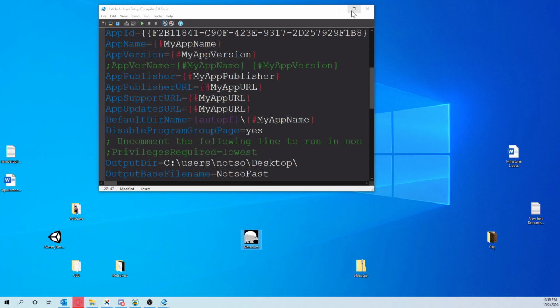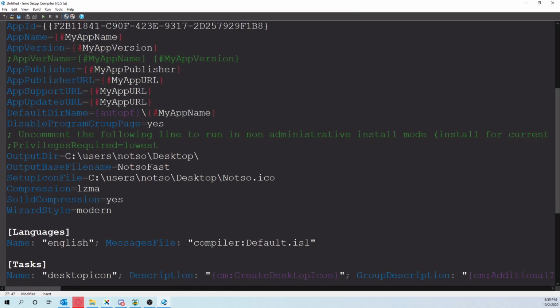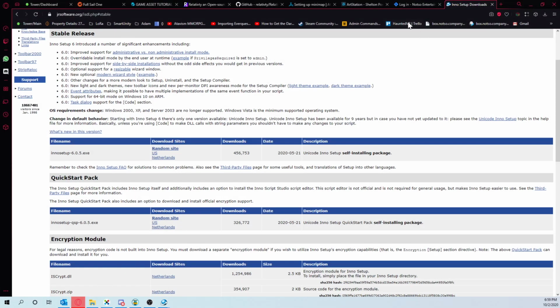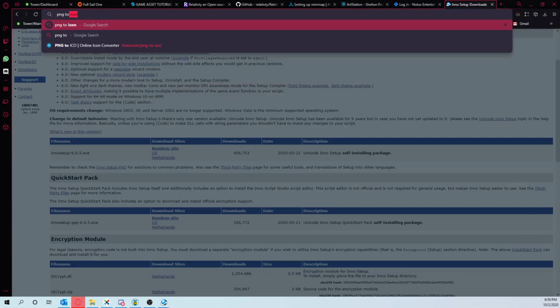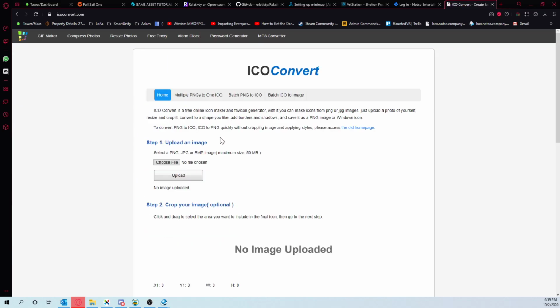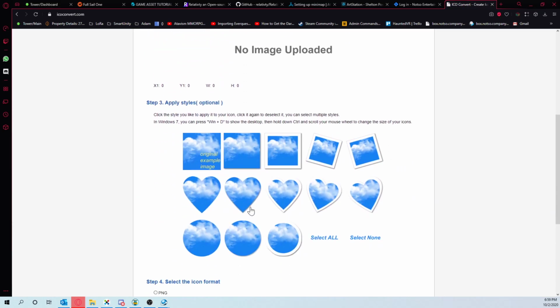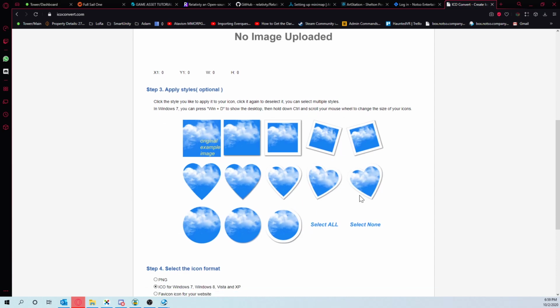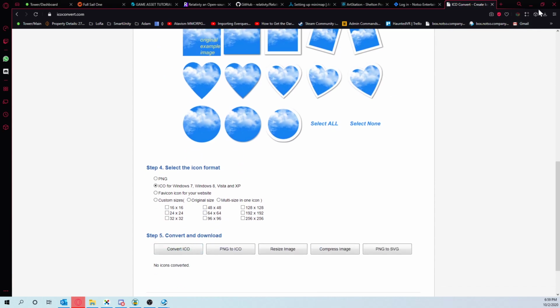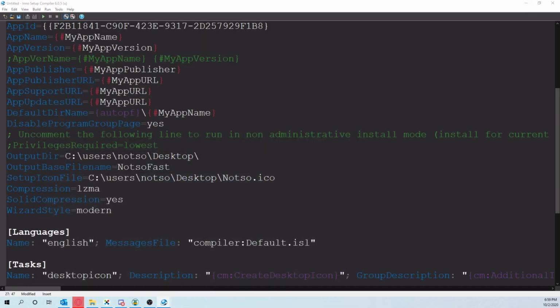You don't have to use it. You can just use the default icon. It'll create, which is fine. So you don't have to do this. You can also go to a website, create your own, get a PNG, whatever, and you can just type in PNG to ICO or JPEG to ICO, and there's any number of free converters. Upload your file. You can even select one of these weird angled or shaped ones, whatever, and then tell it to convert. What those would end up looking like,